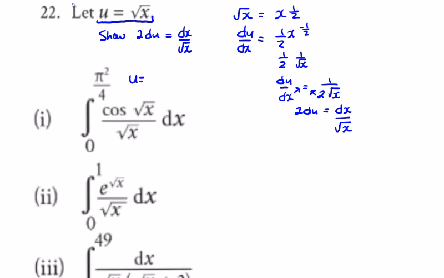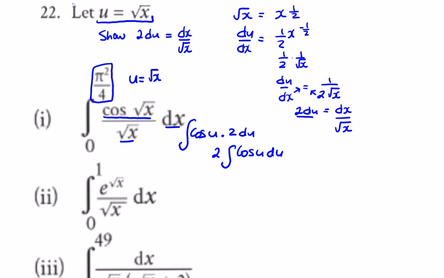So in this question, if u is equal to root x, we have the cos of u times dx over root x, which is 2 du. So we've replaced everything, so that's the integral of this, and if we tidy it up, it's going to be twice the integral of the cos of u du between pi squared over 4 and 0. If we integrate cos, we get sine, so we're going to get twice sine u